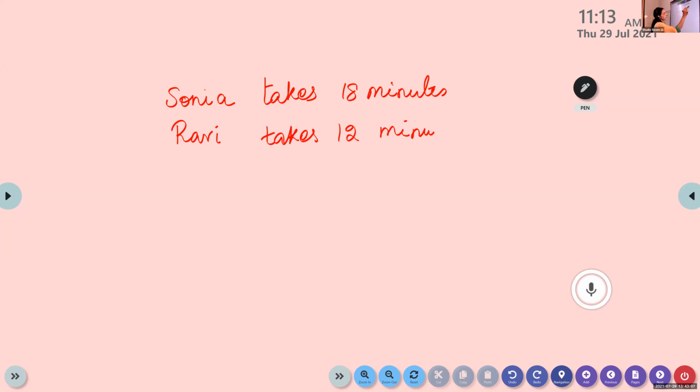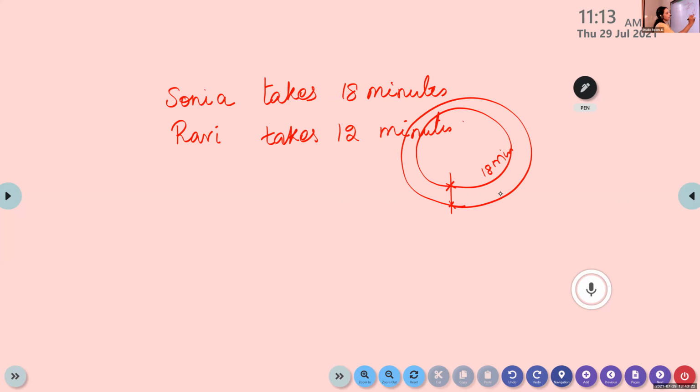So, okay, imagine such a situation here. Both will start from a point. They are starting from the same point. They take a round and again return back. So for the first person, he takes 18 minutes and the second person, he takes 12 minutes. So what is the time needed here? How much time is needed for both to meet at the same place? Means what you have to find? We need to find a number which is greater than these two. Isn't it? Okay, first person takes 18 minutes. Second person takes 12 minutes to complete one round. So is it possible to meet in less than 18 or 12?